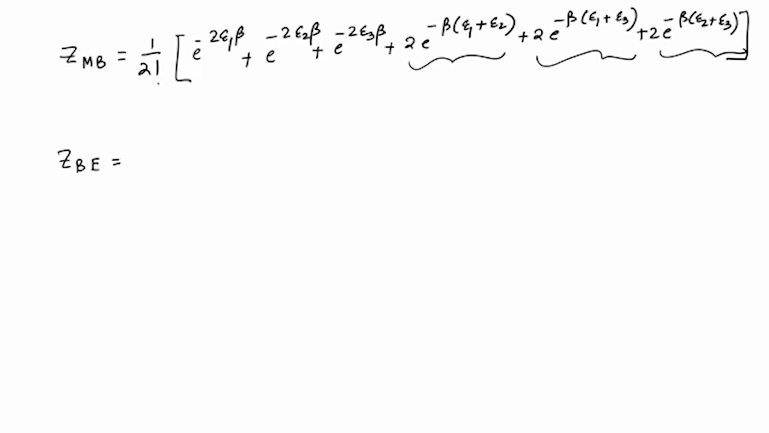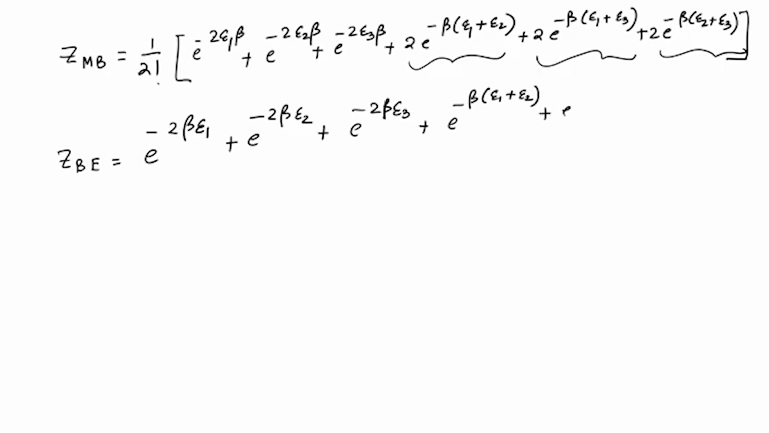As I said, we do not need any factorial. So, we have an exponential minus 2 beta epsilon 1 plus exponential minus 2 beta epsilon 2, just like the Maxwell-Boltzmann case, and then it is exponential minus 2 beta epsilon 3 plus there is a distinct state. So, it is exponential minus beta epsilon 1 plus epsilon 2 plus exponential minus beta epsilon 1 plus epsilon 3 plus exponential minus beta epsilon 2 plus epsilon 3. Okay. So, these are the 6 terms that you get there, and for the FD it is simpler because you